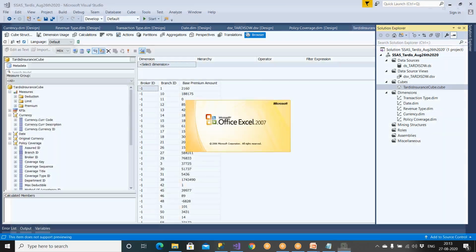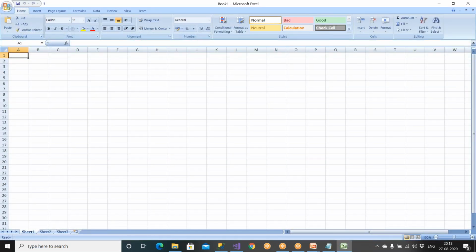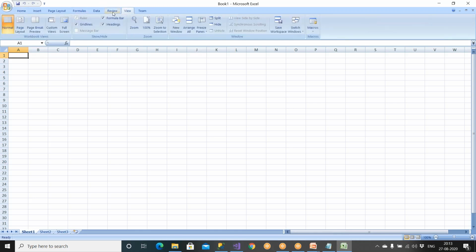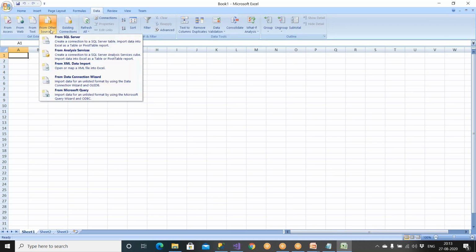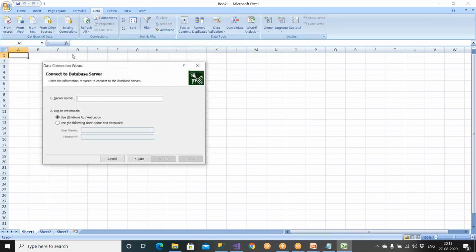You need to educate each and every manager for at least 5-10 minutes because they don't know how to use the cube, right? So you go to their laptop and they will be connecting to your laptop, because internet services will be enabled in the office, right? You and me, developers or managers, are connected to the same network, so they don't have any issue connecting to the cube. Go to the data, go to from other sources, from analysis services,